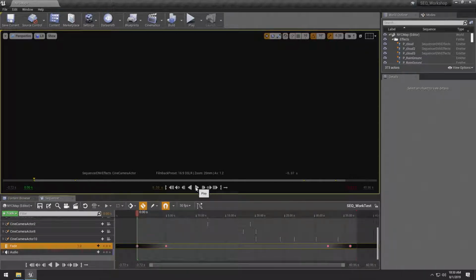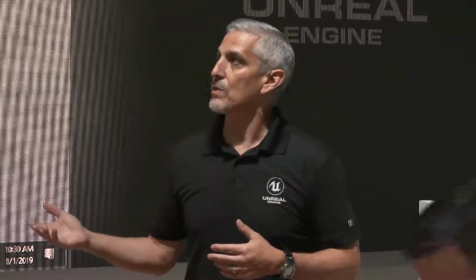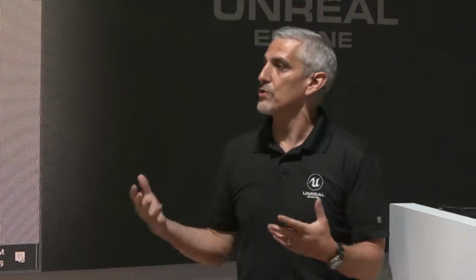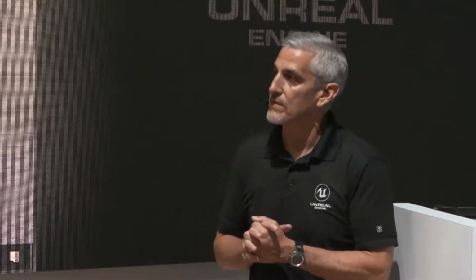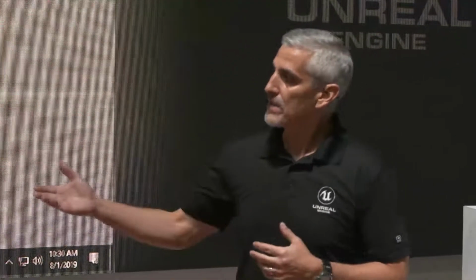And for those of you who are not familiar, sequencer is a tool that's embedded inside of Unreal Engine. It's freely available like everything else inside of Unreal Engine. And if you're not familiar with sequencer, Unreal Engine is a non-linear environment where you can basically build and play games, and also you can do all kinds of things as we can discover about the engine. But sequencer very specifically is a linear animation workflow tool, but you can also sequence just about anything inside of